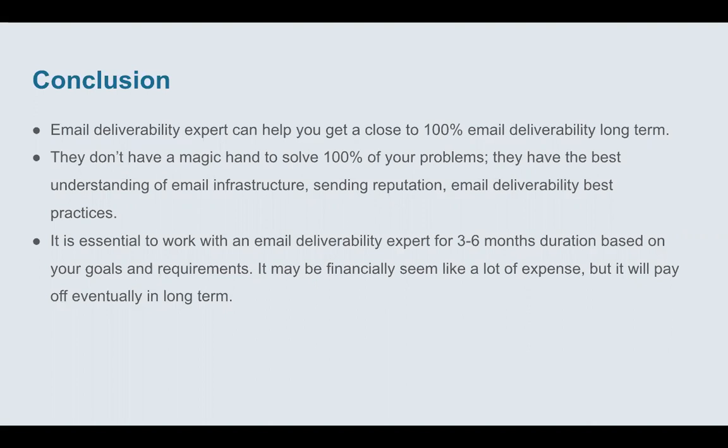Or it can be just 3-4 hours worth of time, 6 hours worth of time to just get the audit report. It all depends. But you need somebody who is helping you on an on-demand basis with your campaign statistics, reputation, deliverability score, and whatnot. It may seem like a lot of expense, but it's not true. You're actually going to benefit in the long term.